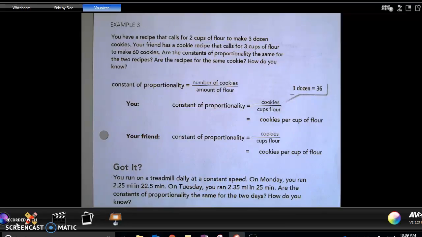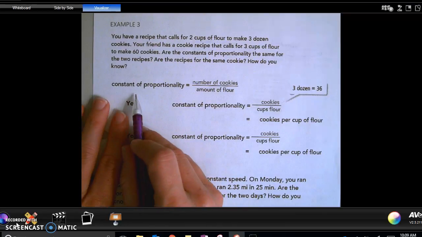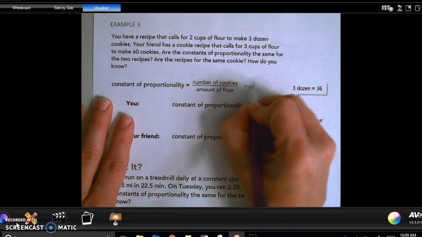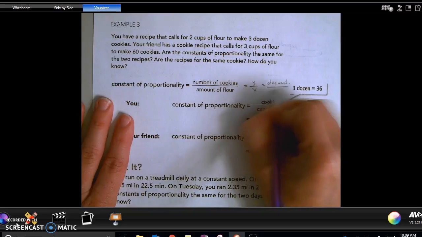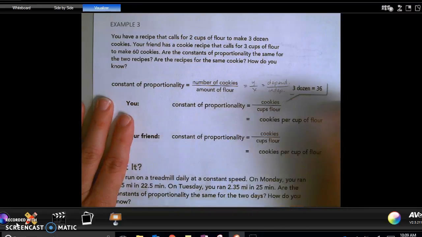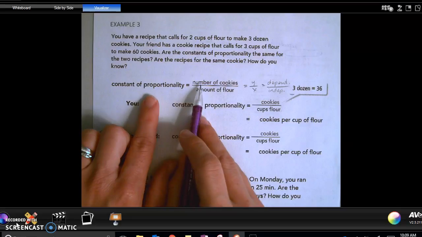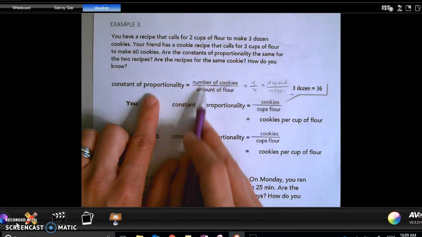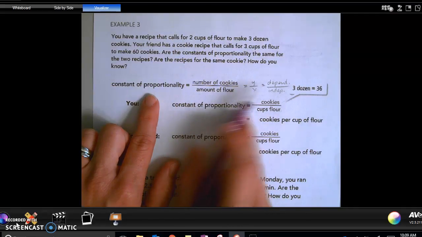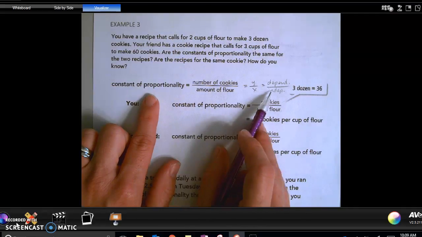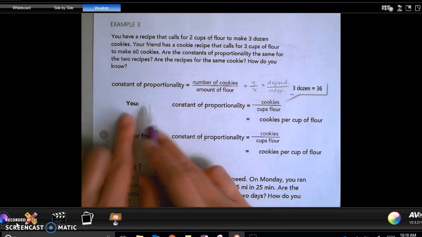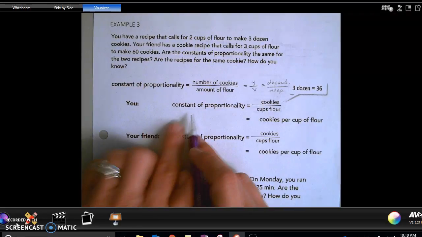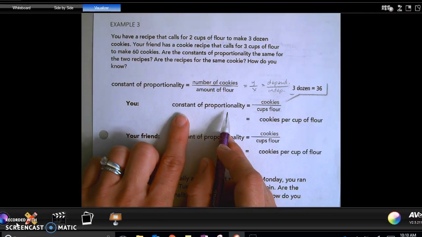How do you know? As we look at our constant of proportionality, remember that's going to be y over x, our dependent variable over our independent variable. The number of cookies I make depends on how much flour I use. So the number of cookies is my dependent variable. The amount of flour is my independent variable. As I'm comparing two recipes, mine and my friend's, the constant of proportionality for my recipe